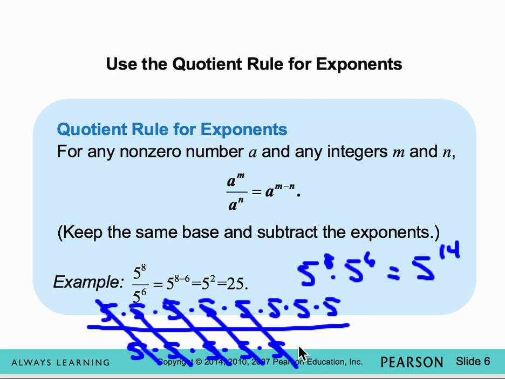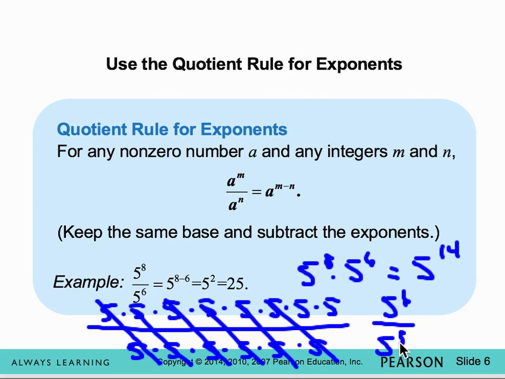There's 6 5s in the denominator, it says 6 5s. So notice that leaves 2 5s. So this is what I want to think about. How many of them can cancel out? If it had been written the other way around,